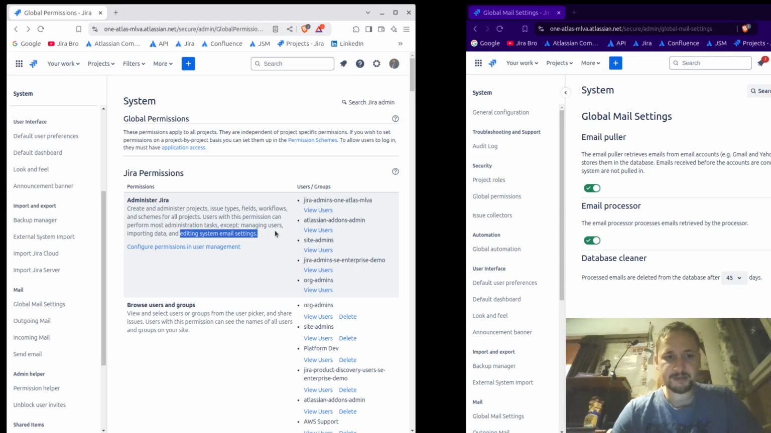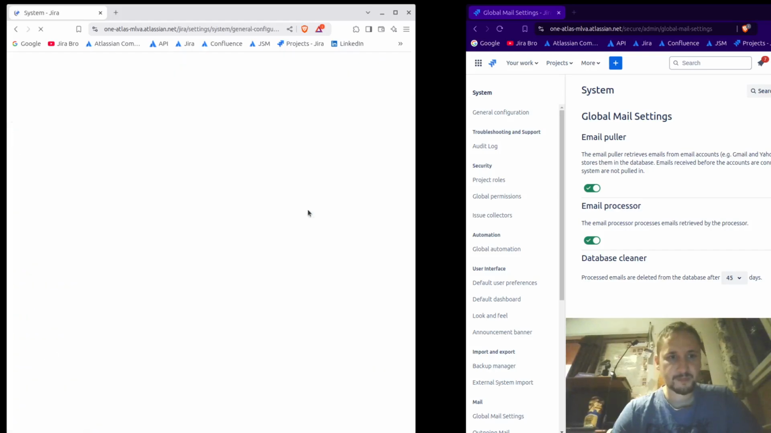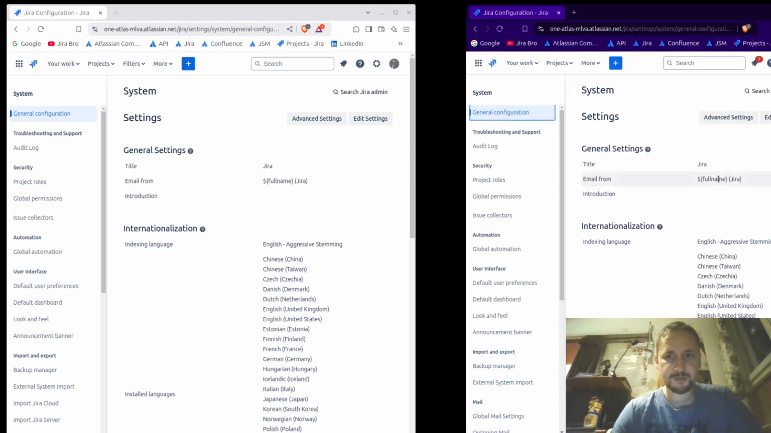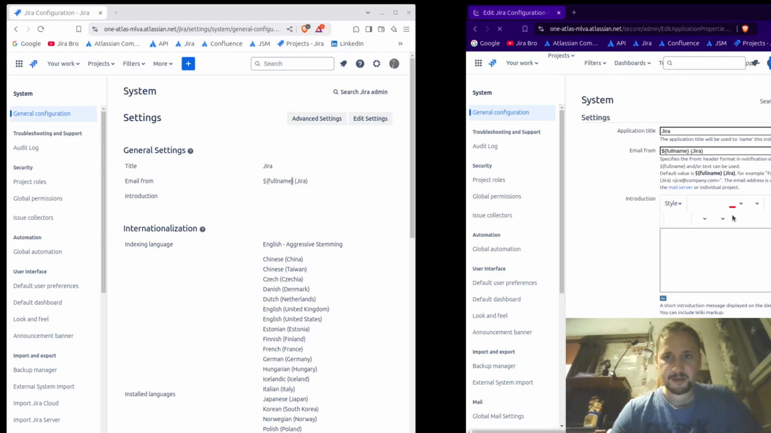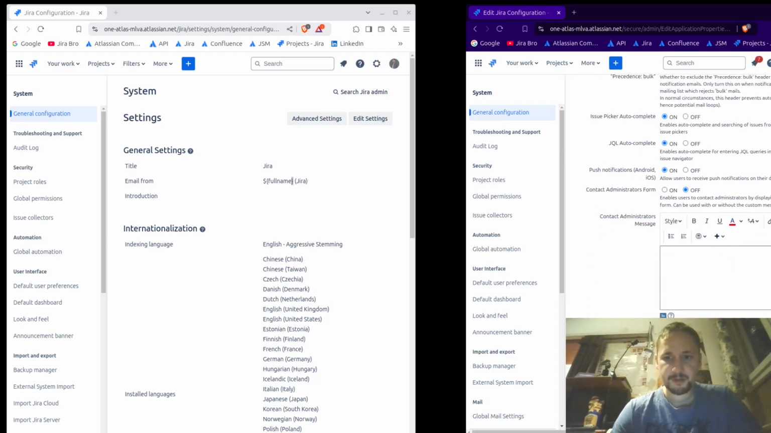they cannot edit system email settings. Well, this is something that I can actually see. If I go to general configuration, email from, so full name Jira and everything else. Okay, yeah, so edit the settings. If I actually go email from, okay,